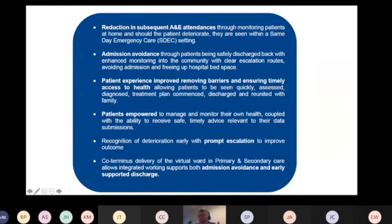So what can be achieved from the potentials of a COVID virtual ward and COVID oximetry at home? Well, we can stop people going into hospital or attending hospital, keeping the units clear for people who need to be there, monitoring them properly. We can potentially do admission avoidance for those who are safely sent back home. We believe that patient experience, and there is some data on this, has been improved because we also will be